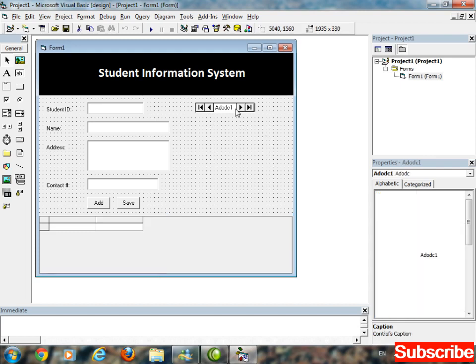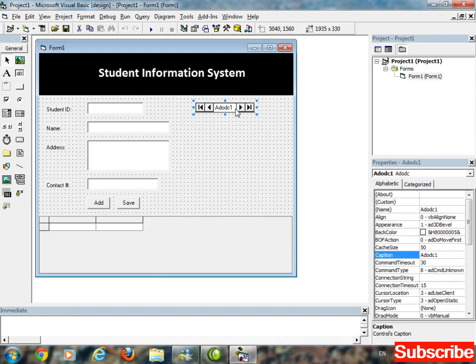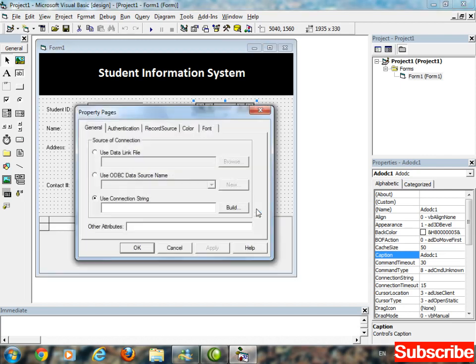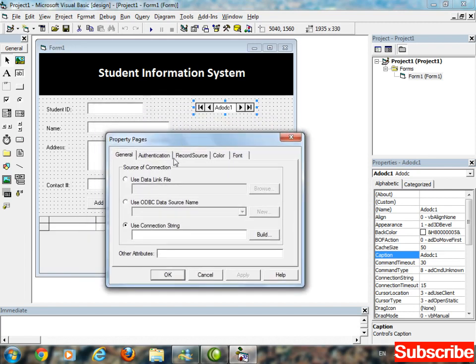So right click on the ADO control, go to ADOTC properties. Here are 3 steps we have to do. First of all, you have to use connection string. Here are different connection providers, for Microsoft MS Access, for Oracle, and for SQL Server.